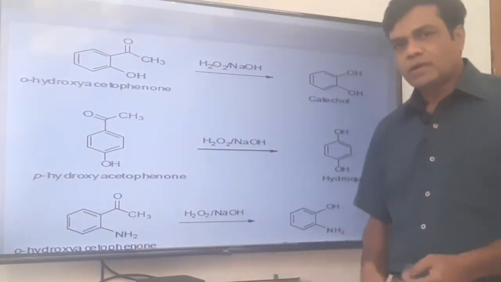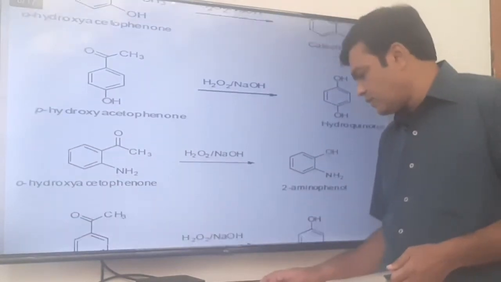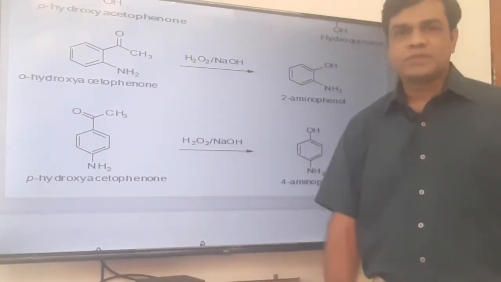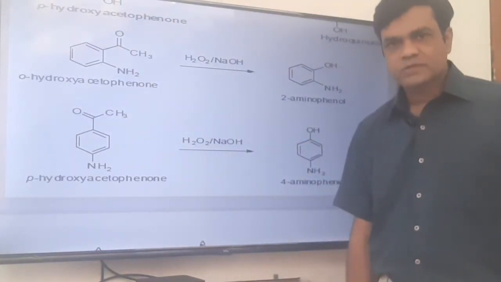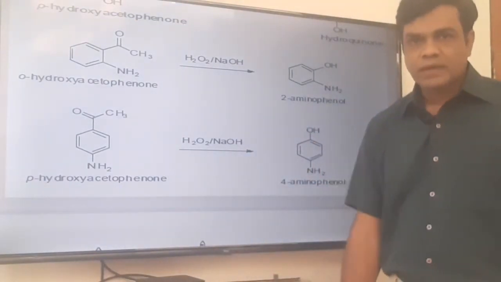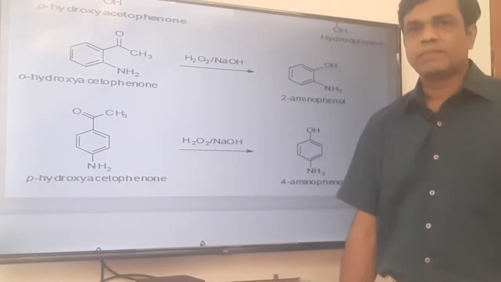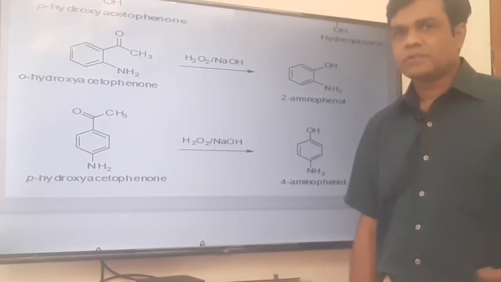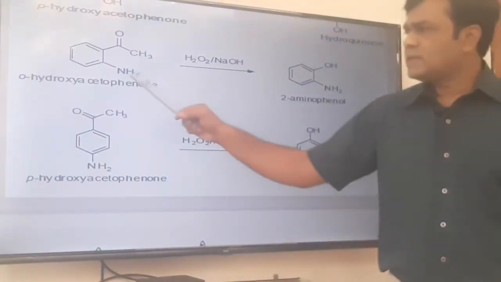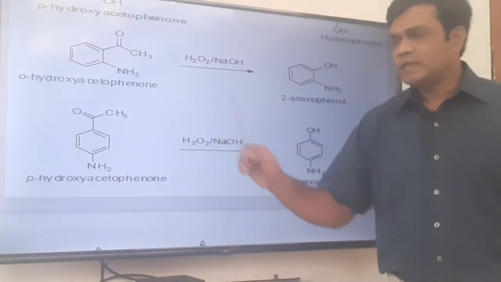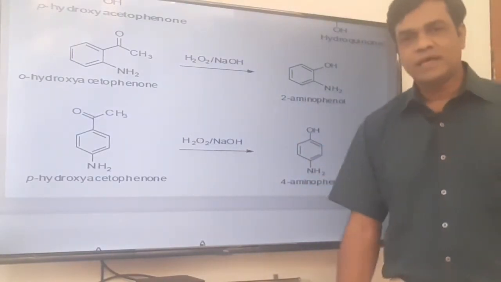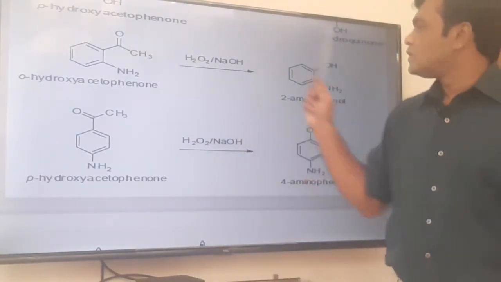On the same background now, let us see some modified examples. Here see, instead of OH, an NH2 group is incorporated there. It is analogous to that salicylaldehyde or that ketone or aldehyde, aromatic aldehyde or aromatic ketone having an OH group at ortho and para position. Only what is the change here? Instead of OH, NH2 is taken here. So what will happen? It will behave like an OH group and it remains as it is. NH2 will remain as NH2. Only this ketone is oxidized to OH.